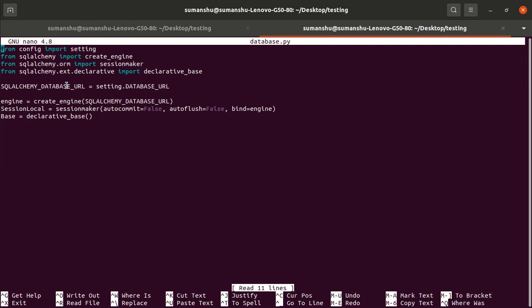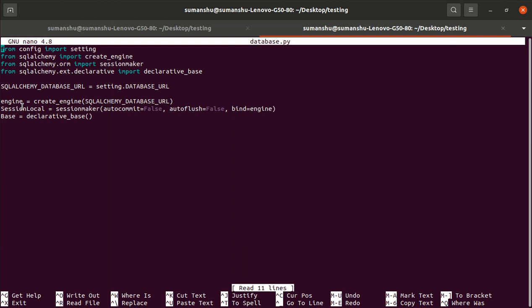As part of SQLAlchemy, there are some set of steps, and I explained all the steps. The first step is we have to create an engine. Within the engine we have to define the database URL, and the database URL is defined in our configuration file. So from the configuration file we are reading the database URL, storing it in some variable, and passing that variable name in create_engine.